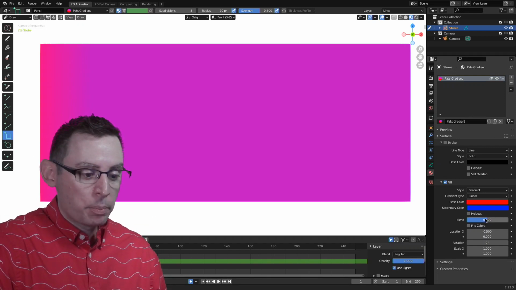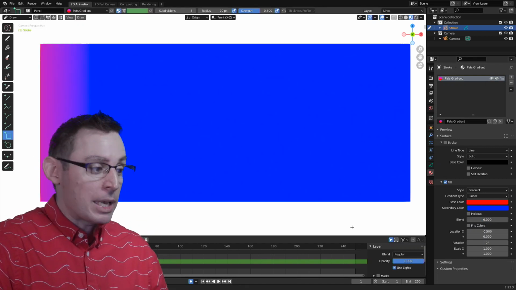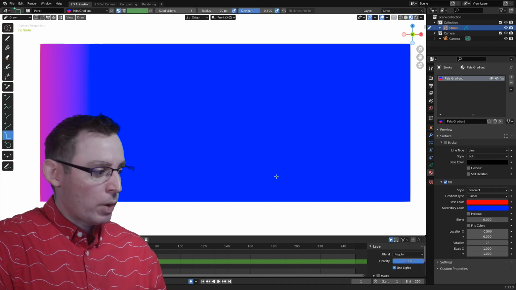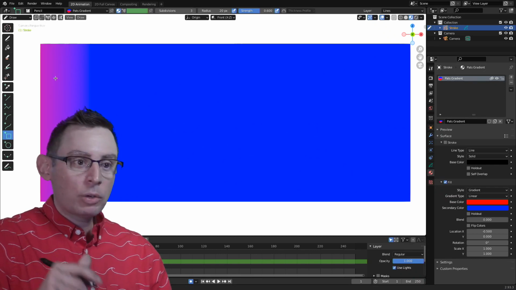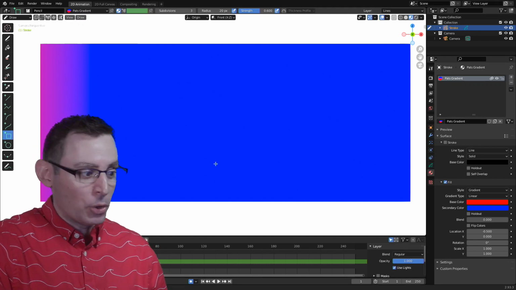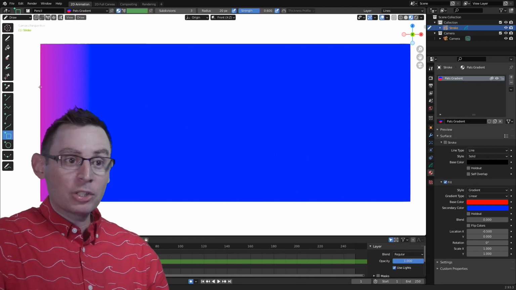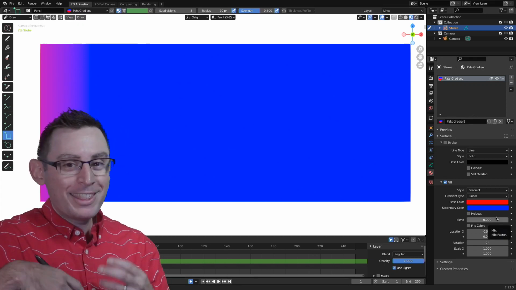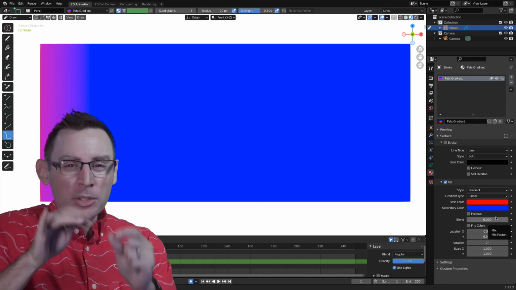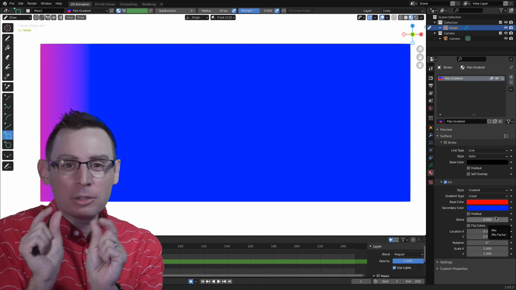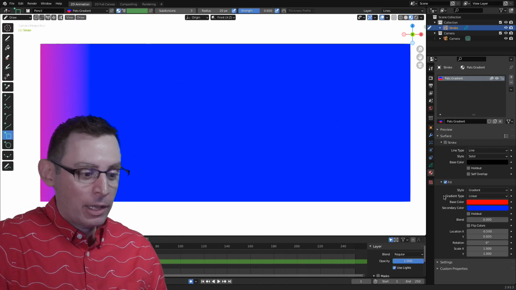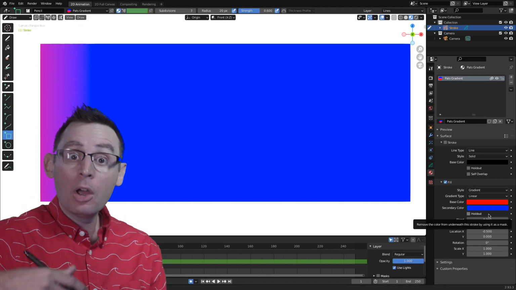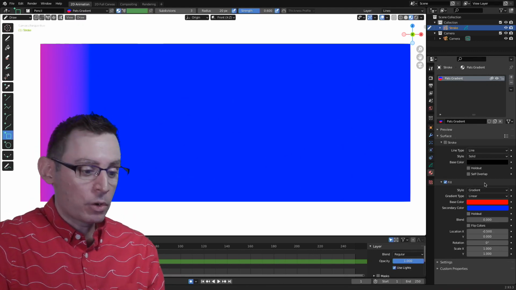So let's change the blend value to 0, and now we can start to see a little bit more of what we're looking for. We're starting to see the red, or excuse me, we can start to see the blue, and we can just barely see that transition over there to the red. Now, I want you to be very careful. The editing of all of these values requires some incremental changes. We're not trying to have big values in the position and scale. Small little changes in values are going to have a huge effect on the gradient itself.